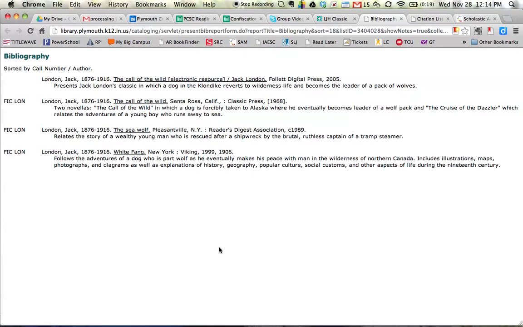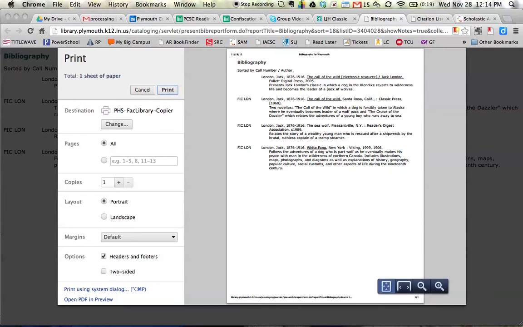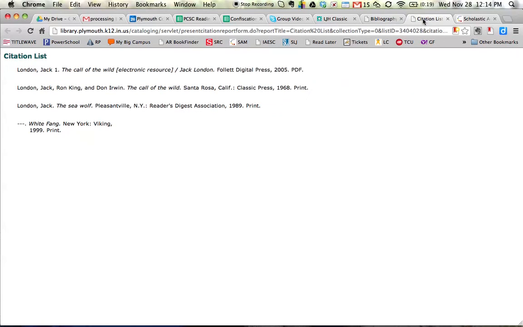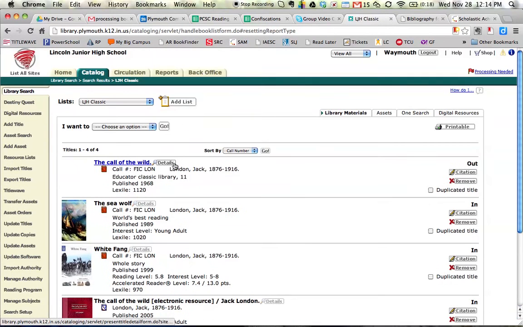Here's my bibliography. So if I want to generate a PDF, I can go through the steps of trying to print it, open it as a PDF. I'm working off of a Mac here. But it gives you the call number, the author, gives you a short little brief summary. So that's the bibliography. Citation may be helpful for some classes just to have a list. The problem with the citation is it doesn't give you the call number. So that's a drawback to that. So a resource list would be the way to go